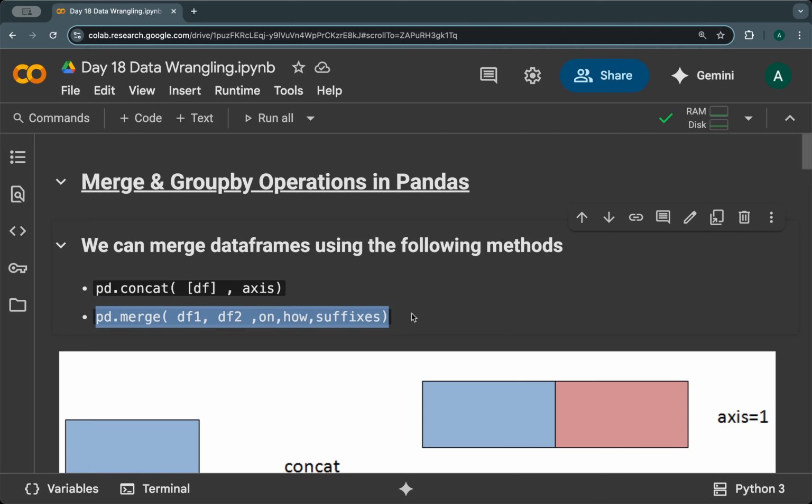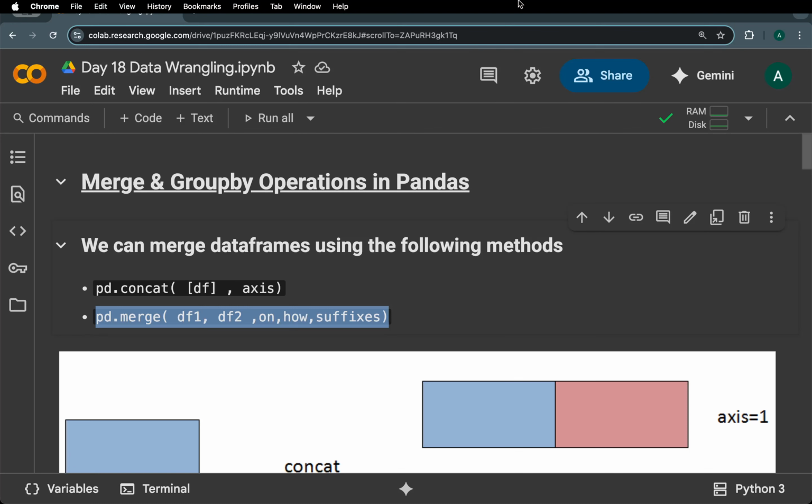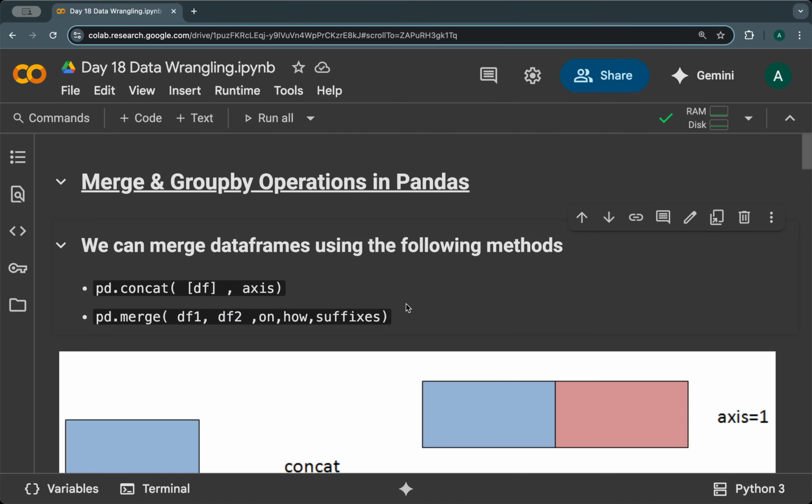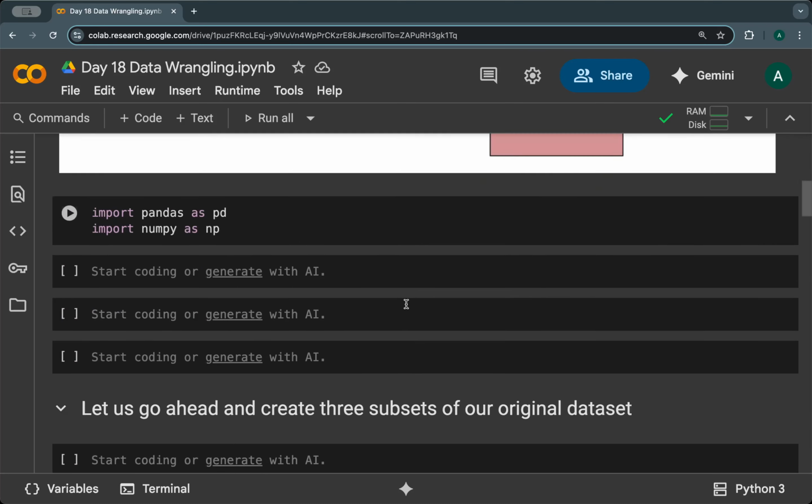So basically we use merge for implementing join functions. If you want to use inner join, full outer join, left join, right join, then yes, you can use this merge function. Okay,